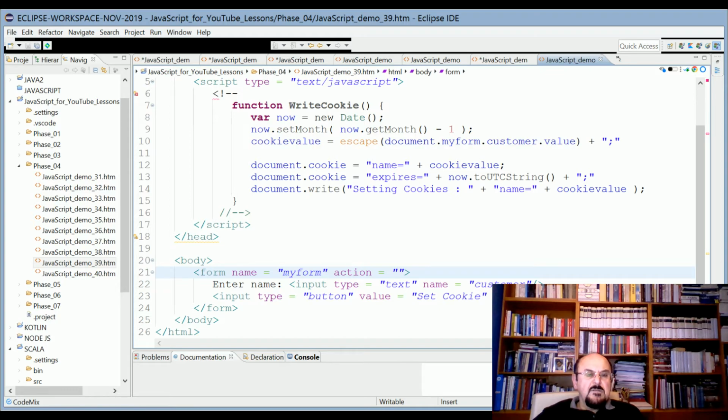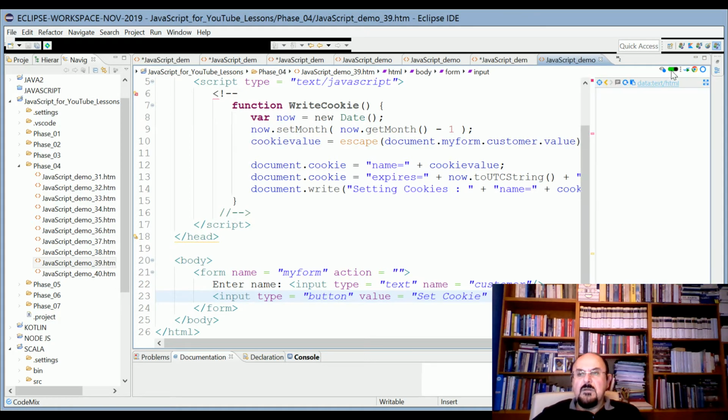And this is the input type, text, name customer, and this is the button definition: set cookie, onclick, write cookie. And when I run this one, enter name, Zeki, I say once again. Okay, as you see,